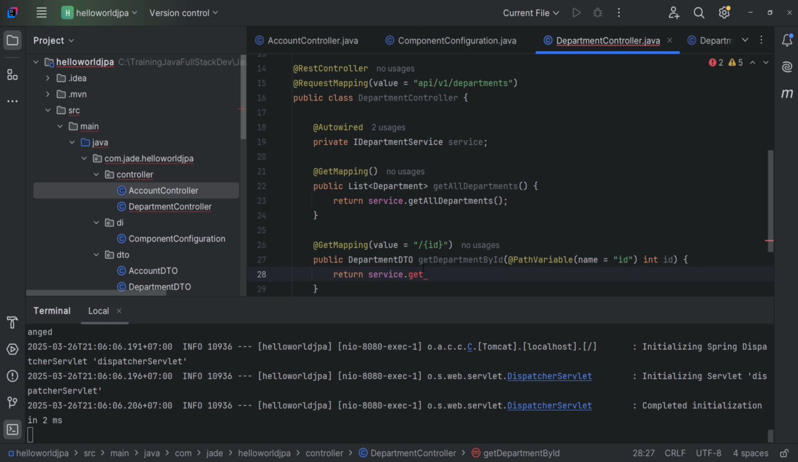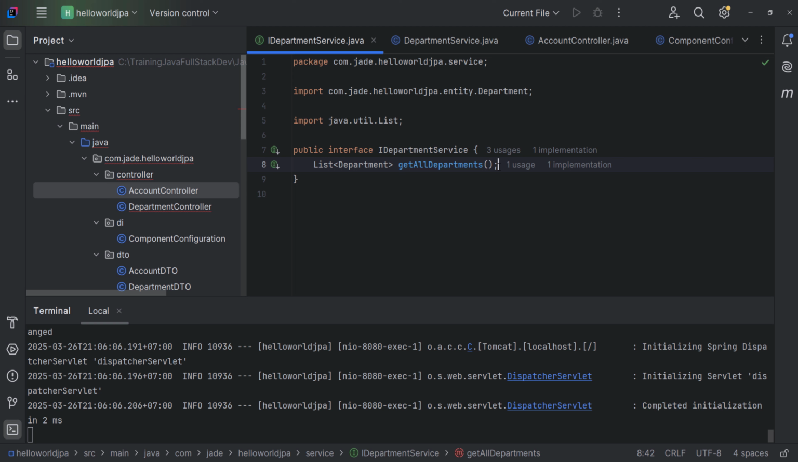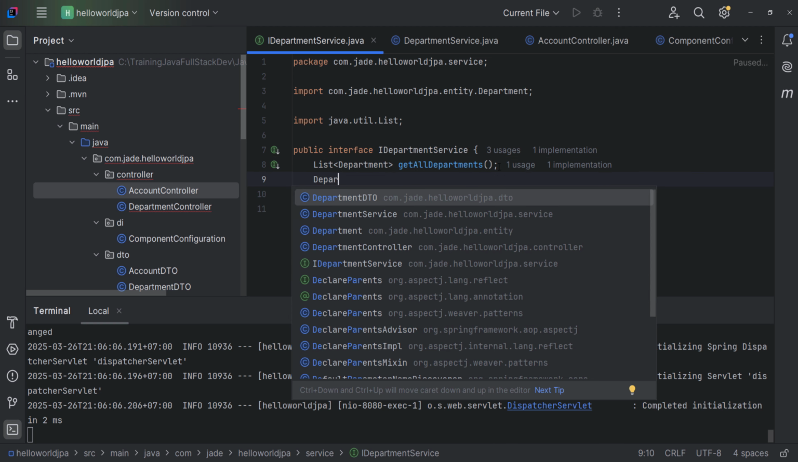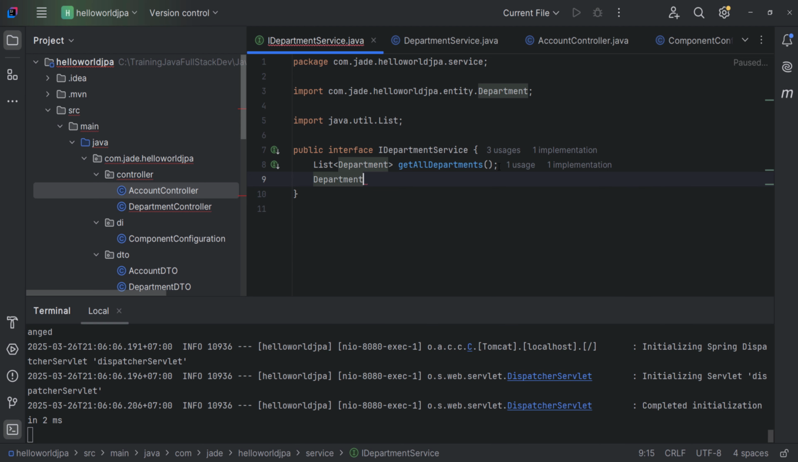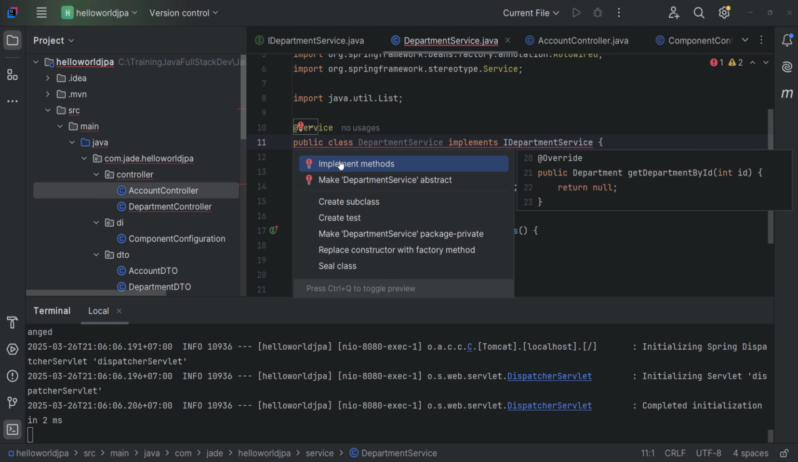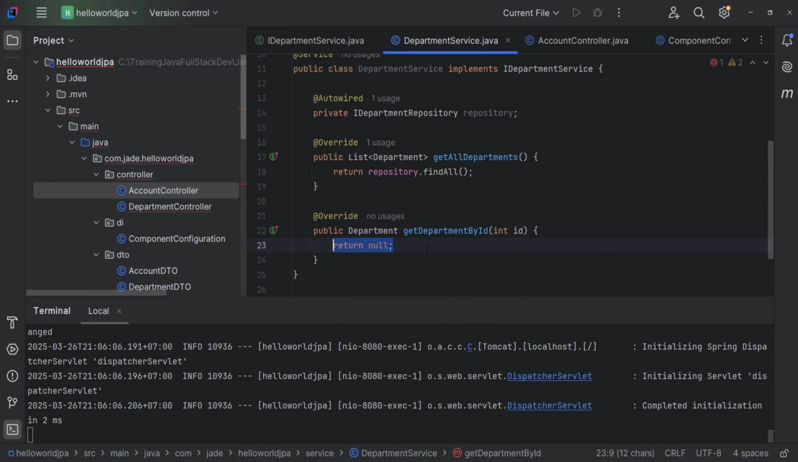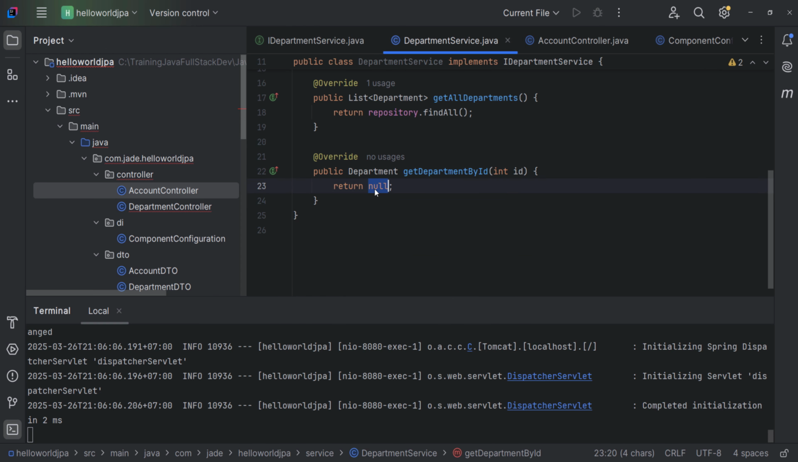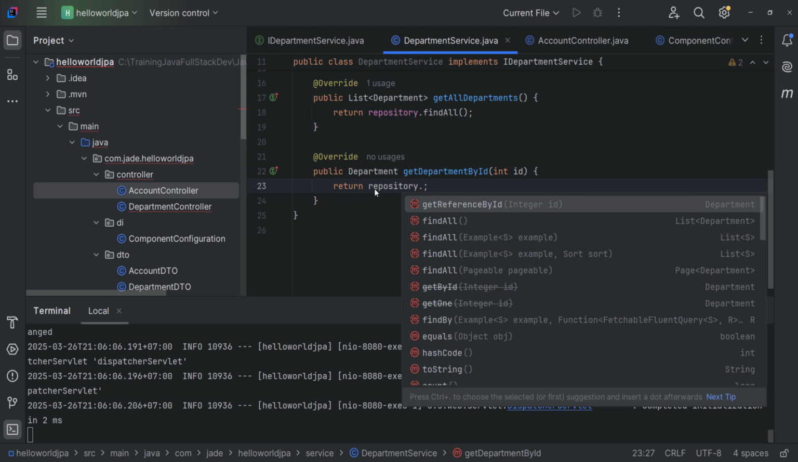Alright, we need to define the method for getting this, right? Just go here and create a department detail. Now we just department get department by ID, and just put ID in here, and go to the service, implement the method, and here we just return repository and